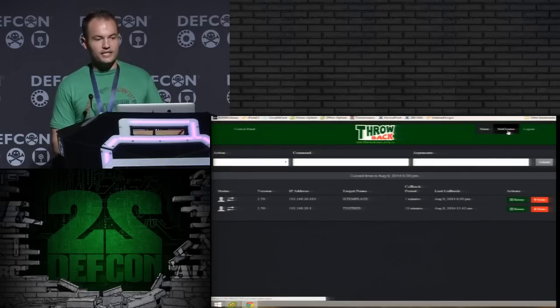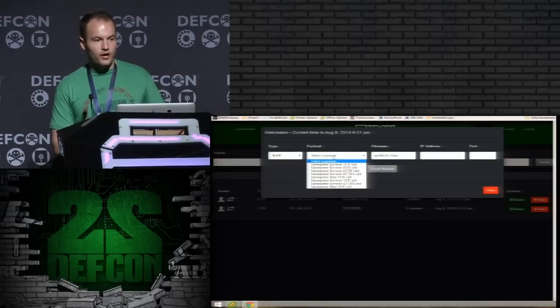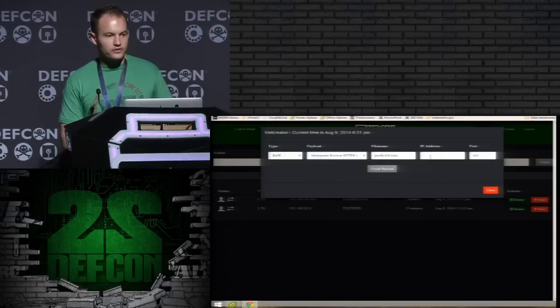So what we're going to do is there's a functionality called metCreator. And what this does is this will generate a Metasploit payload, an interpreter payload. And we're going to create a raw one. And let's do, I don't know what that is. I think that's the reverse HTTP x86. HTTPS, okay, that works, sure.